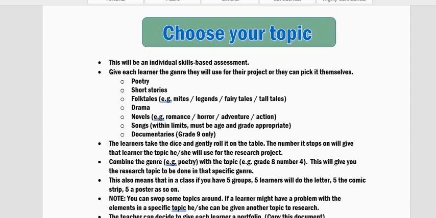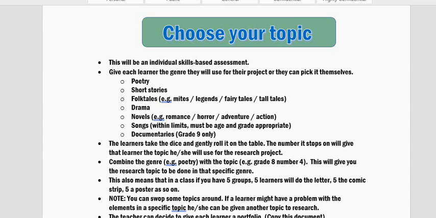Please keep in mind that this will be different this year because we are in the midst of the COVID-19 pandemic. You will change this. The document is available in Word format, so you will be able to change this to align it to how you choose to manage the project within your school. So the instructions here are meant for a normal situation. It says it's an individual skills-based assessment.